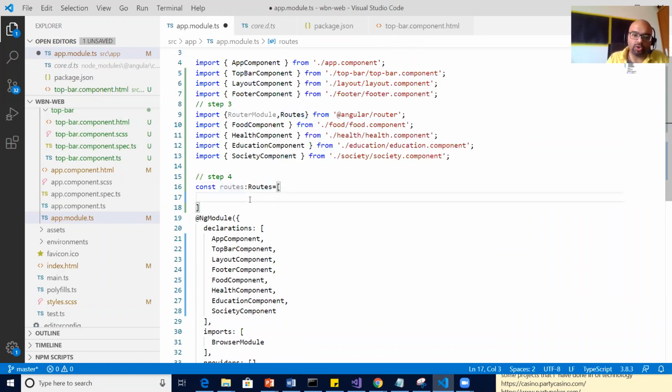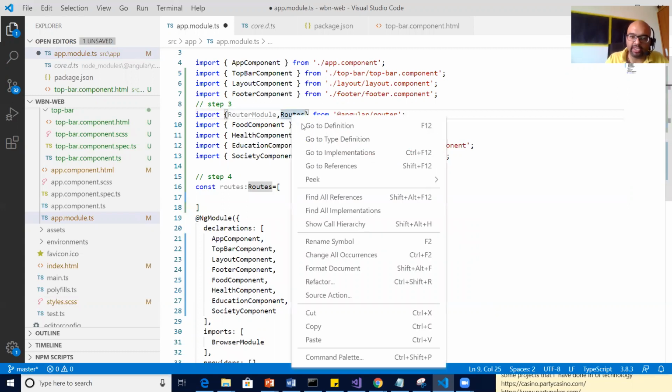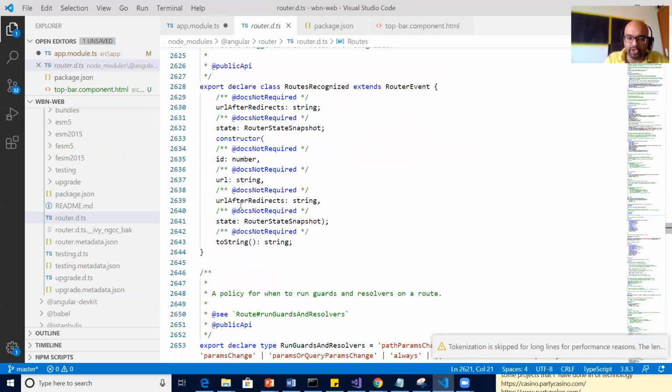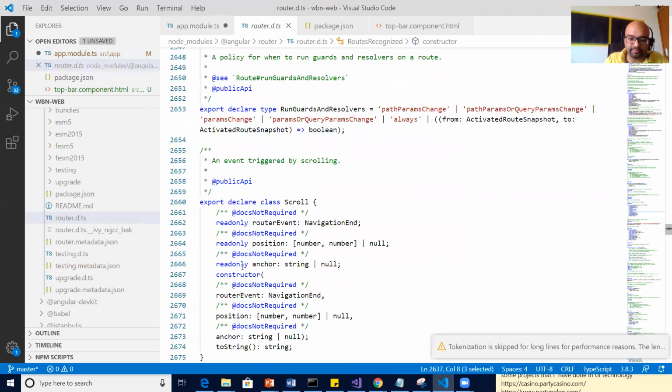So what does the Routes class contain? Let me give you a quick brief on it. If I press F12 or right click and say go to definition, you will see what properties it expects.